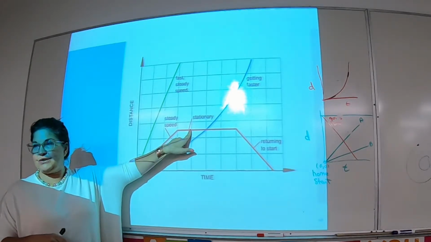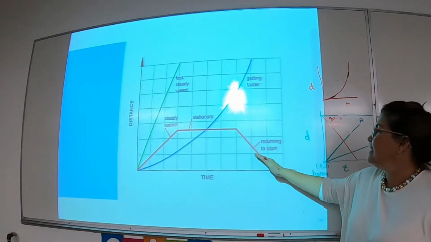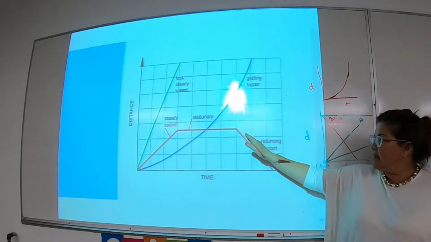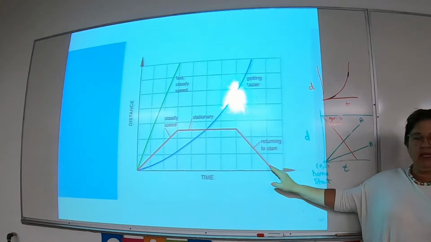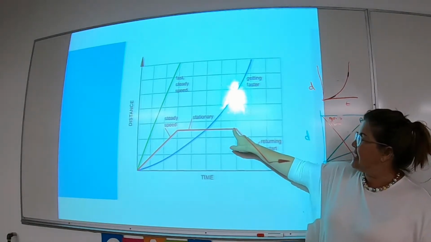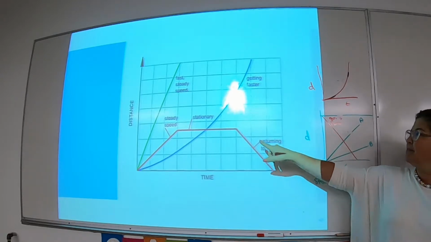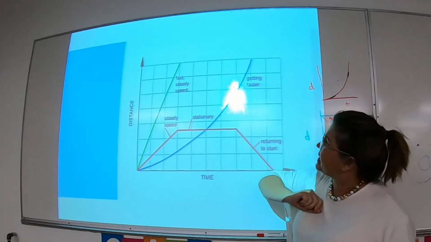It's stationary. This guy, again, has a straight line, so it's going to be a constant speed, but this object is now going back to home. Okay, so it's going back to home at a constant speed. This guy,